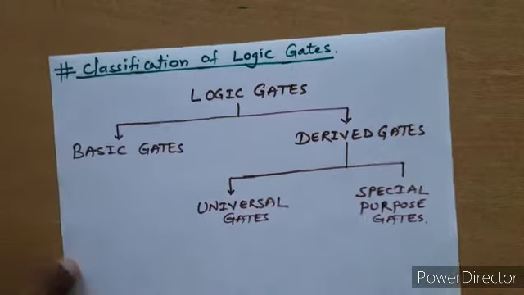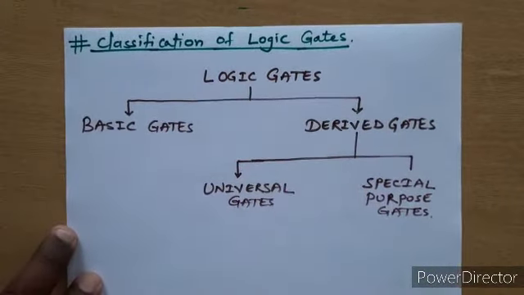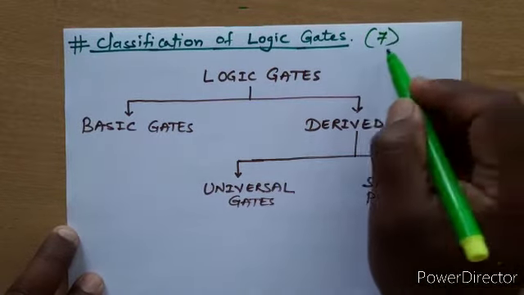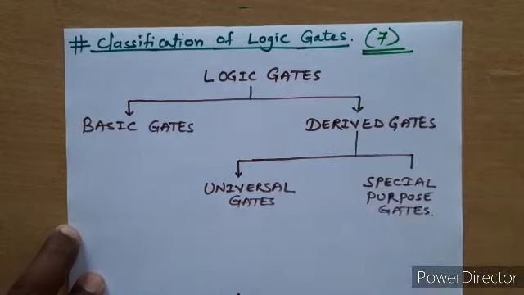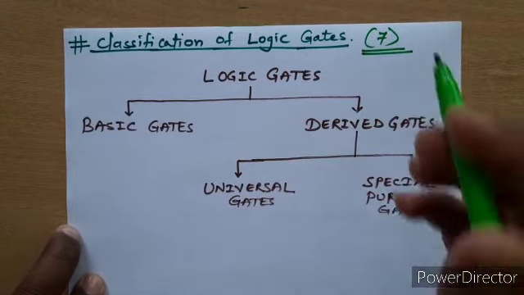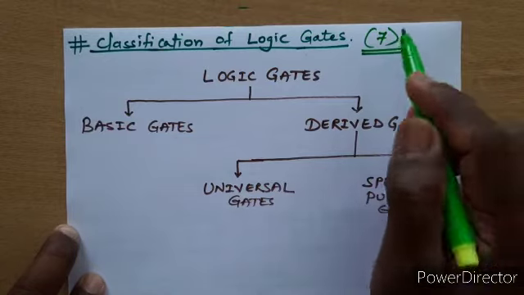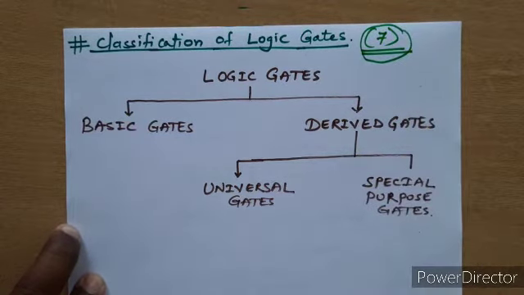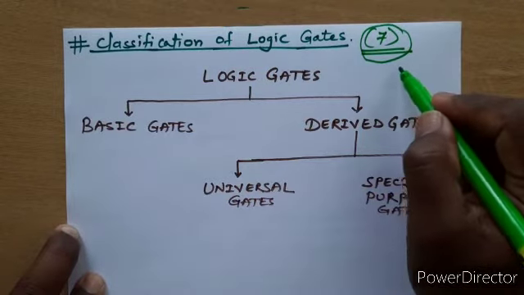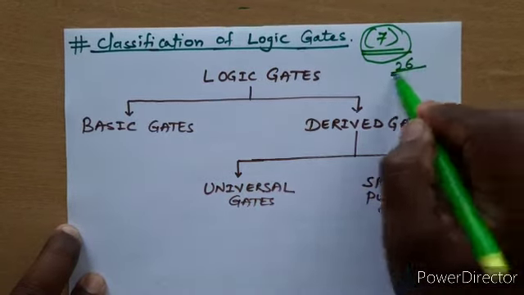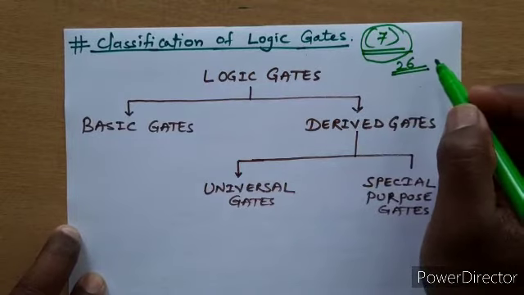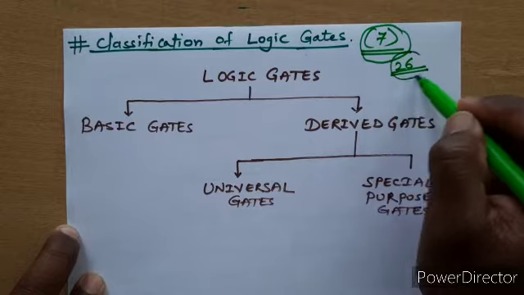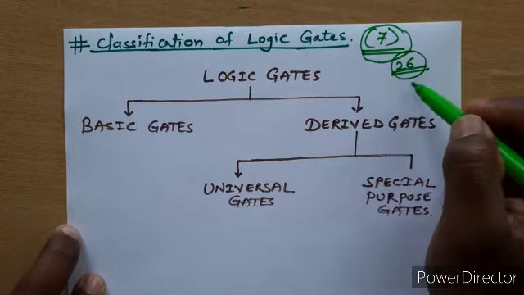Now let us see the classification of these logic gates. Overall we have a total of 7 logic gates available. Let me put this point: any digital circuit is formed out of these 7 gates only. It is like the example of the English language, where we have 26 alphabets. Any word or any sentence is formed using only these 26 alphabets, and nothing outside of this.